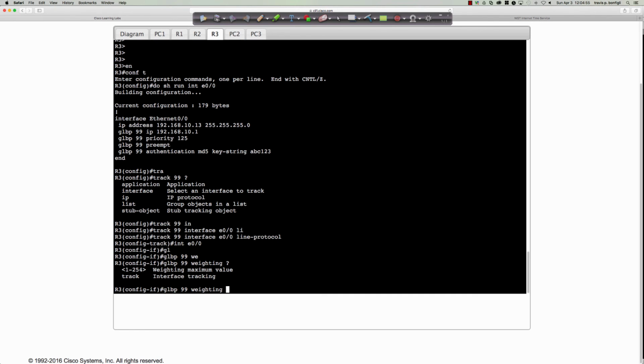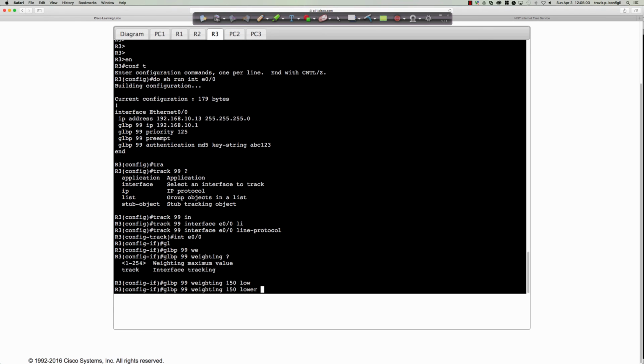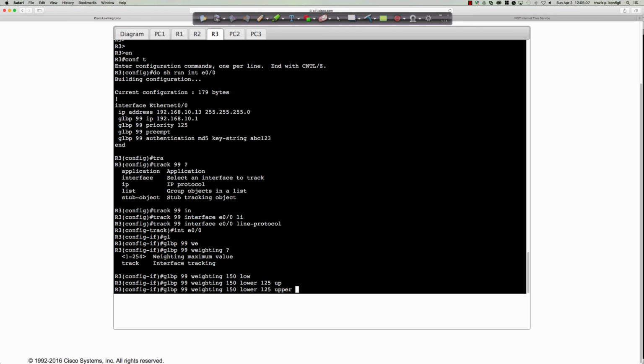And again, look what we can do with the weighting. It can be anything from 1 to 254. So what if I were to make this one 150? So the lower could be 125, and let's make the upper 145. So again, it's going to be dependent on the decrement value, but right here you can tell me if